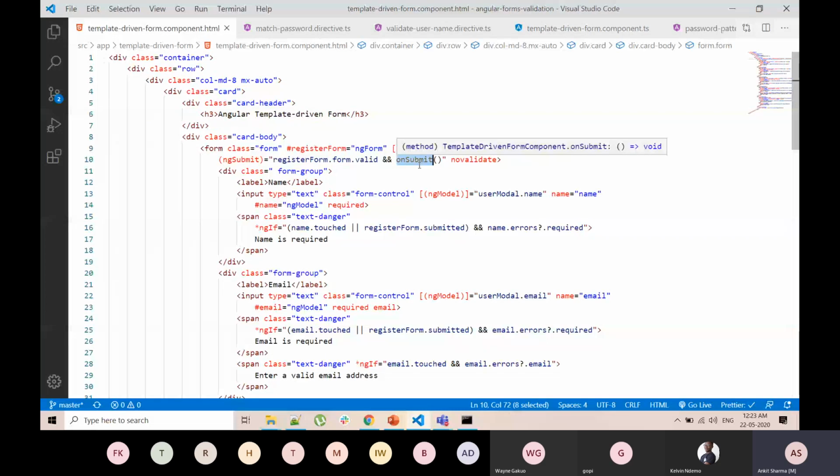If you guys have any questions, please ask at this point of time. Yes. Hi, Ankit. My question will be, when should you use template-driven forms or reactive forms? What are the different scenarios in which you can use either of them? Yes, that is a part of my talk which I will be covering in a few minutes. If you have any other question, you can ask. Otherwise, I will cover this as a part of the talk.